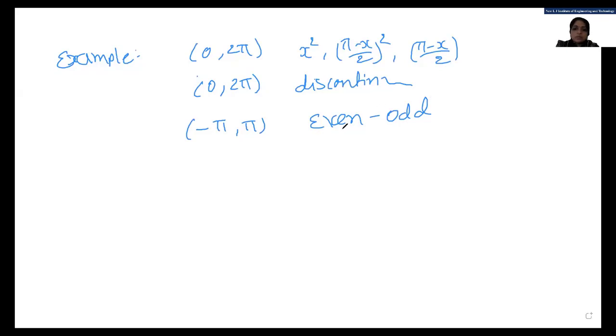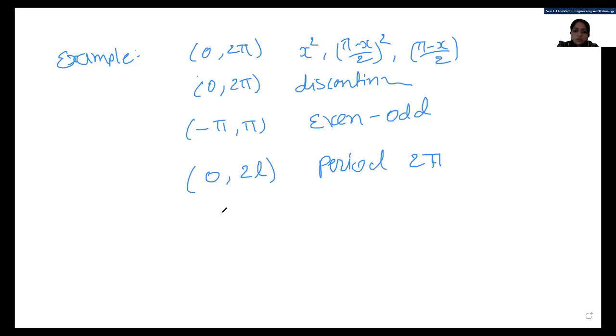When the given function is even, we apply a different formula. When the given function is odd, we apply a different formula. And if the given function is neither even nor odd, then we apply our original formula, with limits minus pi to pi, but the formula we apply for 0 to 2 pi. And then in yesterday's lecture, we did examples for 0 to 2, that is, for period 2 pi.